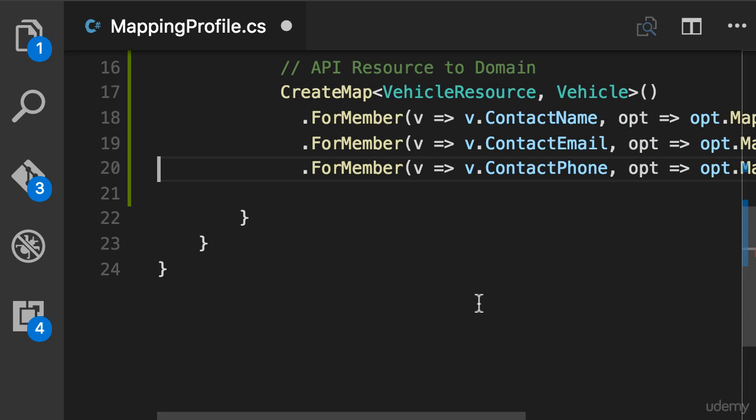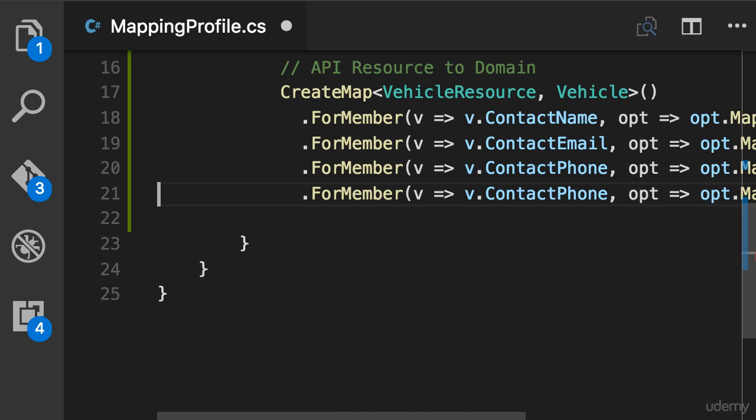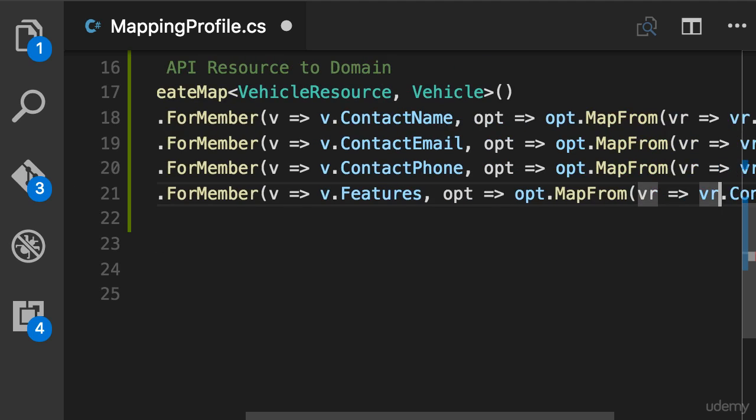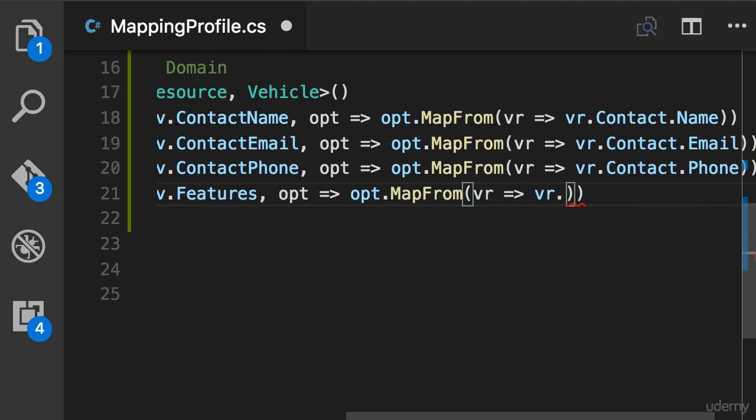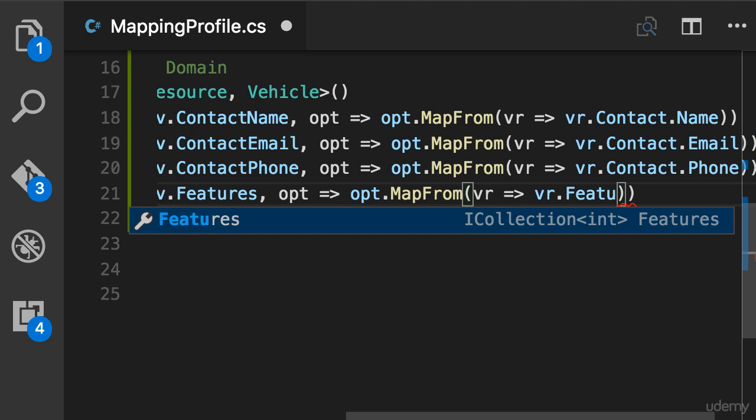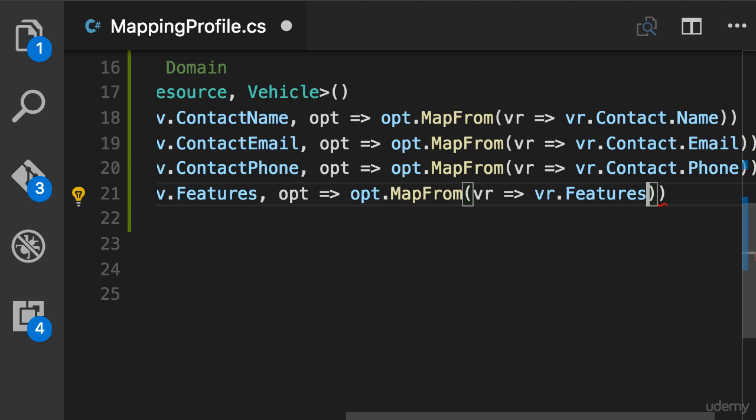Now similarly, we need to create another configuration for mapping the features. So duplicate one more time. For the features property, we're going to map them from vehicleResource.Features. But here we're dealing with a bunch of integers. So for each integer, we need to create a new vehicle feature object. So here I'm going to use